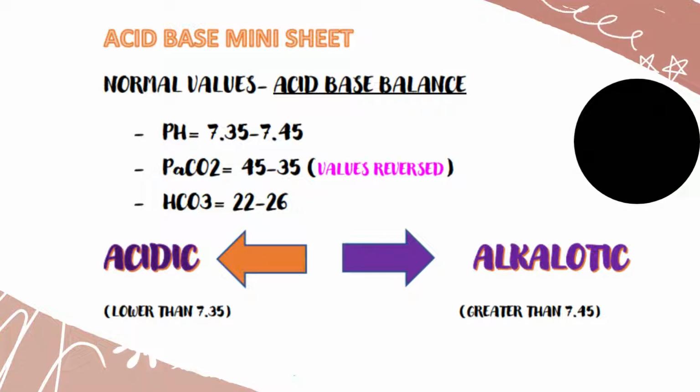Your PaCO2, which is your carbon dioxide, will be 35 to 45, but when you are determining acid-base, you flip the values, so it will be 45 to 35. And then your HCO3, which is your bicarb, will be 22 to 26. Anything on the left side, the left-sided values and below, which is your 7.35, your 45, and your 22, will be labeled as acidic. Anything above the right-sided values, which is your 7.45, 35, and 26, will be labeled as